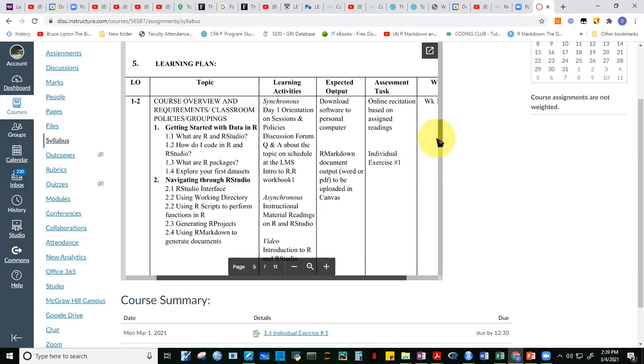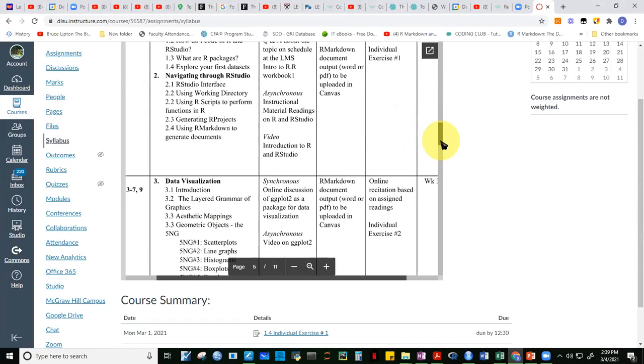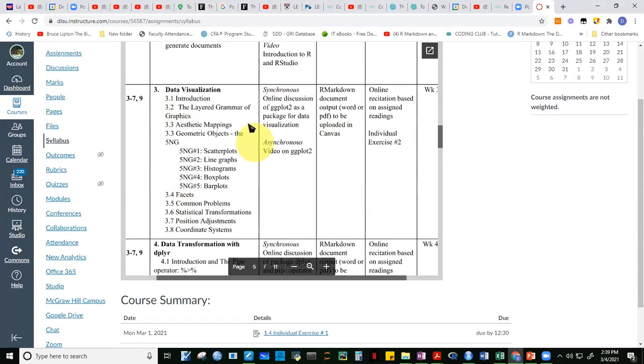For the first few weeks, we're going to focus on navigating through R. We want ourselves to be comfortable with the use of the platform, with the use of the software, so that as we progress, we will be able to enhance our skills and become more comfortable with the use of it. So getting started with R, navigating through R, and then the first lesson will be all about